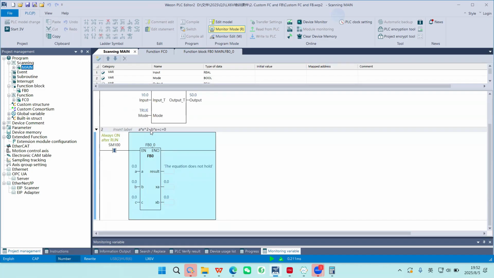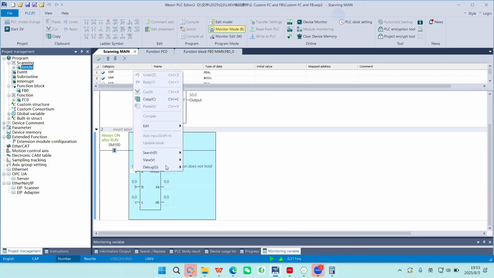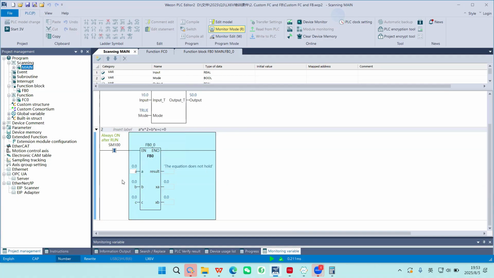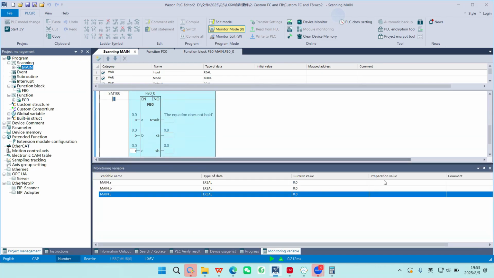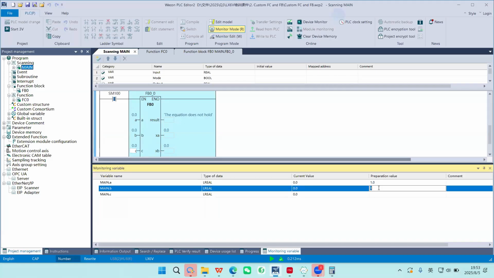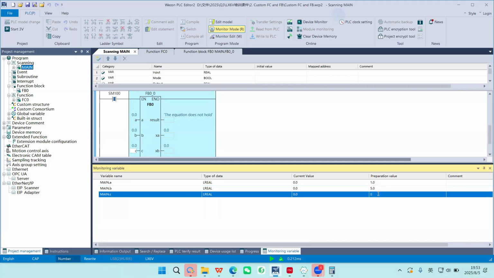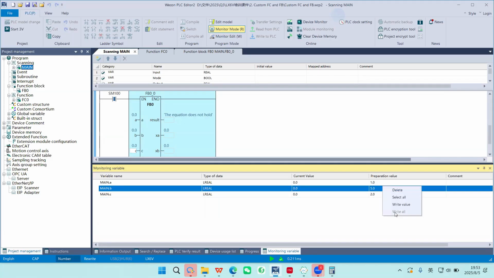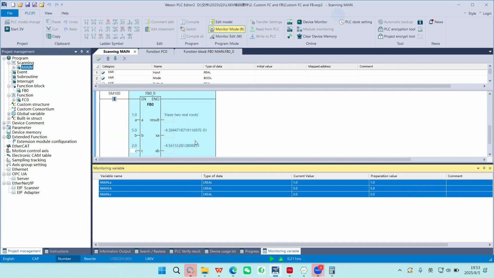First, if A and B are all zero, here we will have no variable x, so we get an output: the equation doesn't hold. And now let's add this variable to our variable window. Here we set A as 1, set B as 5, and set C as 2. Right. Now we get